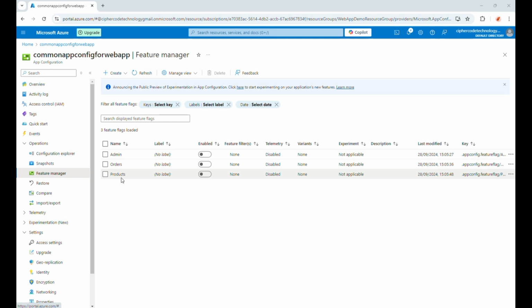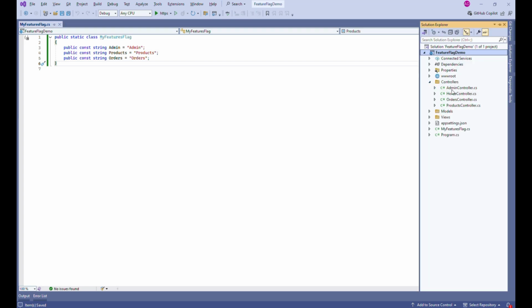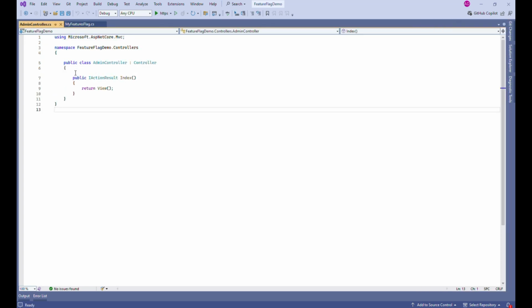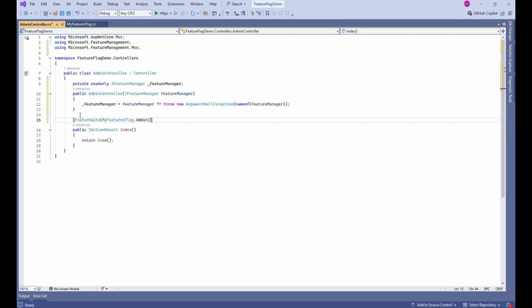Now next is to inject the feature manager into each controller using a constructor. For this, let me navigate to Solution Explorer and to the Admin controller. Let me paste the code. If you noticed, we have created a read-only variable at line number 8 with the name _featureManager, and we are taking its value using constructor injection in line number 11, and then adding an attribute at action level.